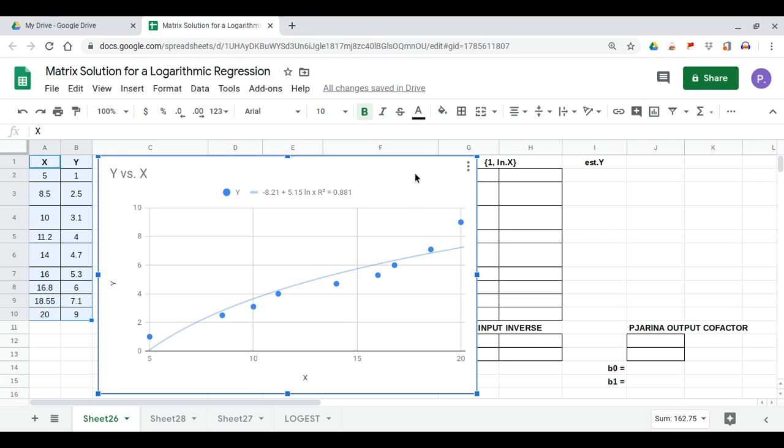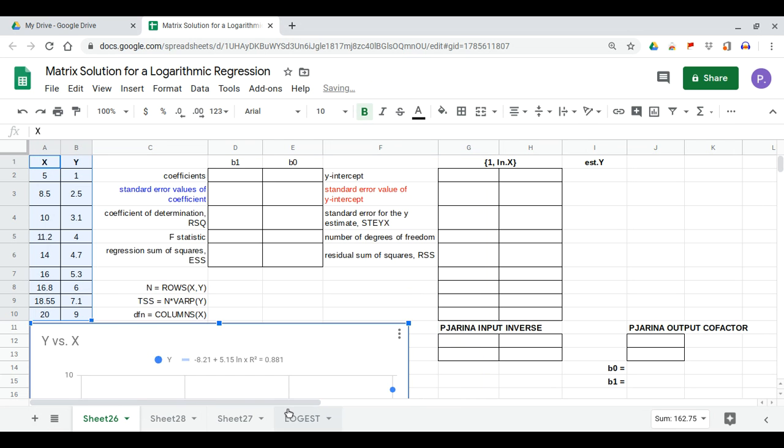You will notice the curve is the closest fit to the available values of this scatter chart plot. And the equation is y equals negative 8.21 plus 5.15 ln x. And the value of r squared is 0.881. We will determine these values using the matrix operation. So we set this aside